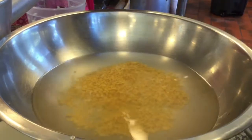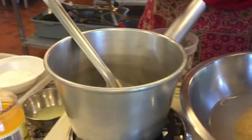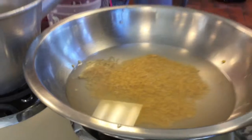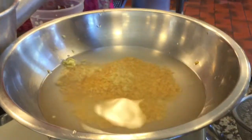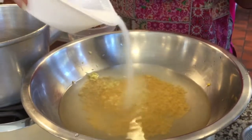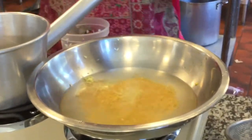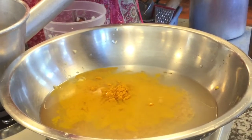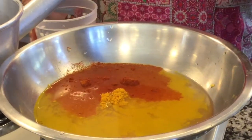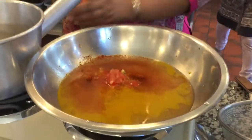So it's boiling away, and I'm gonna add to it the ginger, the garlic, the salt. Okay, the salt. Gonna use this. The turmeric, the chili powder, or the green chilies if you have them, or the black pepper, and that's it. And some tomatoes. I have the tomato. I'm gonna give it a good stir,